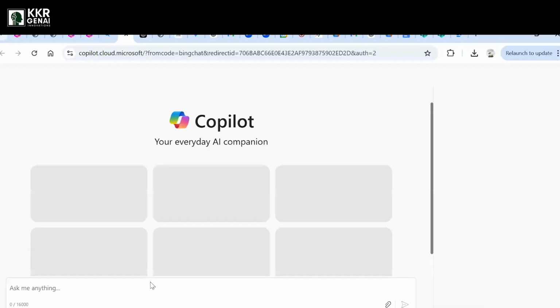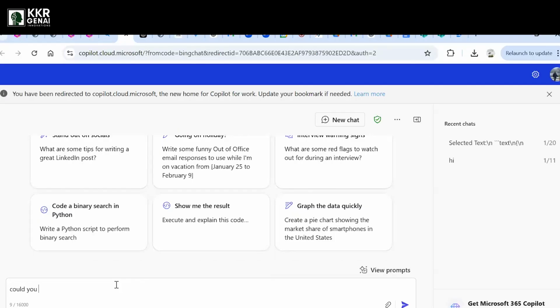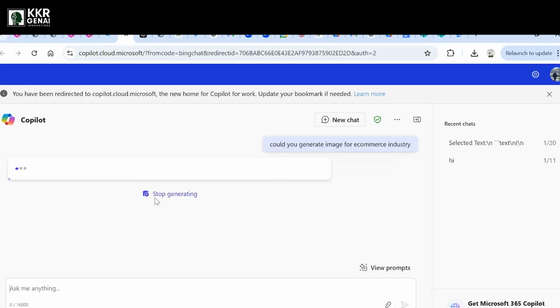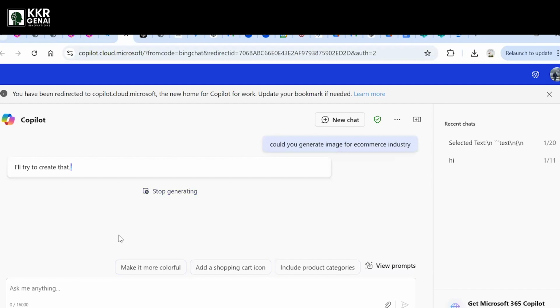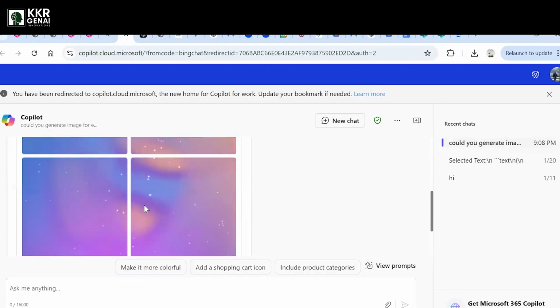Yeah, you can ask, okay, could you generate an image for e-commerce? See, it's generating the image. See, yeah, the image is available.